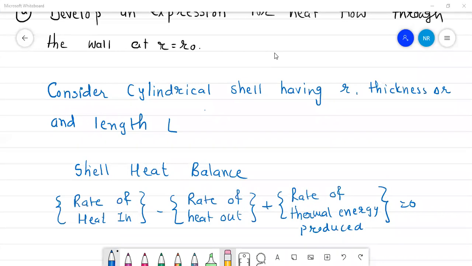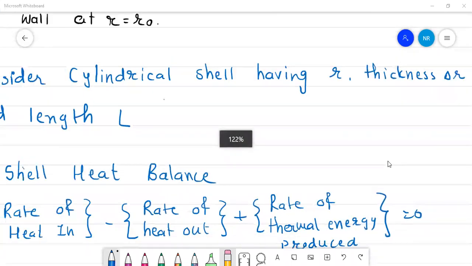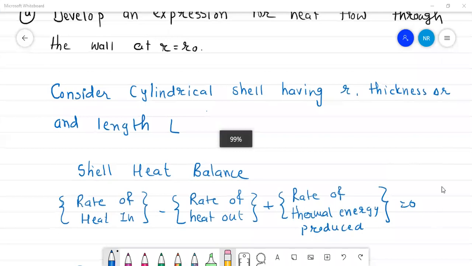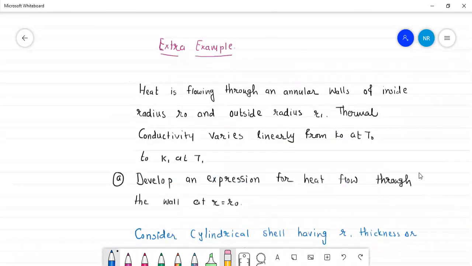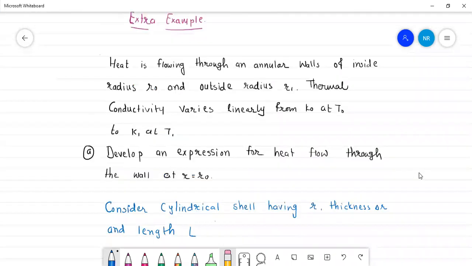Very good morning, students. So in yesterday's class we started the example: heat is flowing through an annulus wall of inside radius r0 and outside radius r1. So there is a gap between the two radii of the cylindrical shell. And what is the main problem in this? The temperature change with